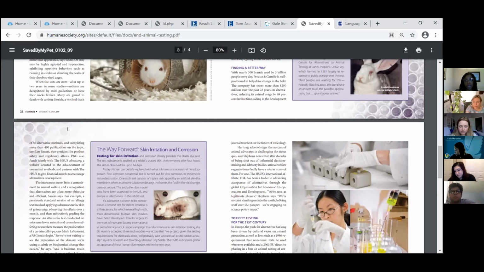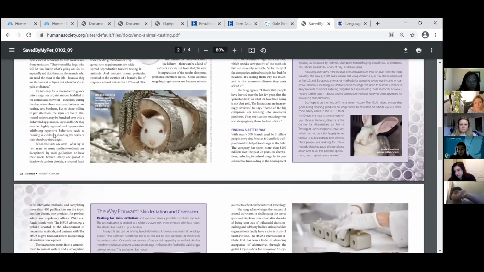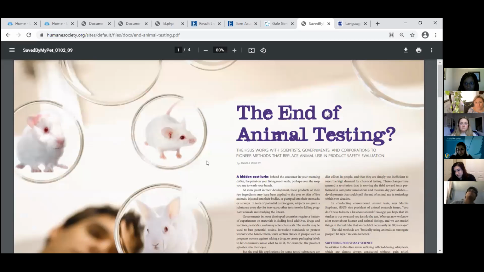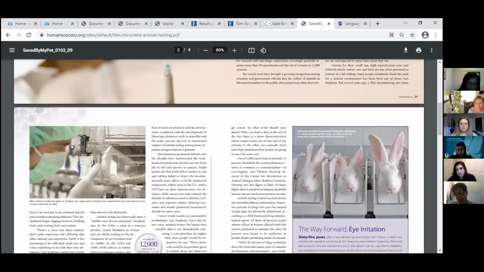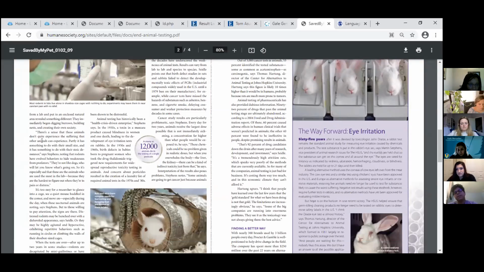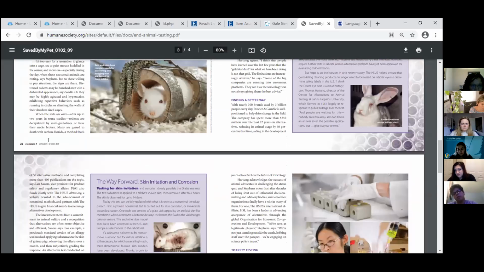So you would have to cite it the same way you would if you found this information through our library's databases. If it didn't have this information, such as the day it was published, the name of the journal, and the publication year, such as September, October 2009,